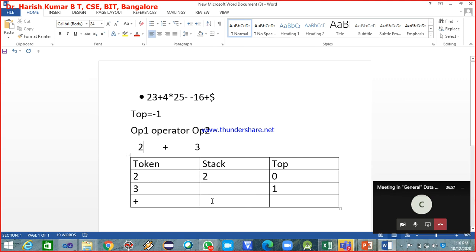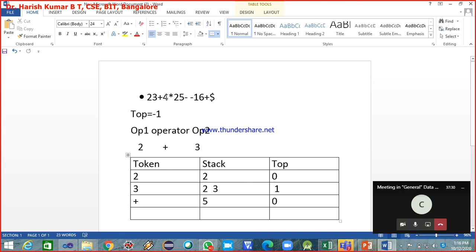Okay. And the result, so let me write here, sorry, I'll not remove them. 2, 3, I'll not remove them. Now here it is popped, so 2 plus 3 is 5, the result. Okay. So this is also popped, this is also popped, and the addition operation is performed and the result 5 is pushed onto the stack. Okay. Now again the top value is 0.